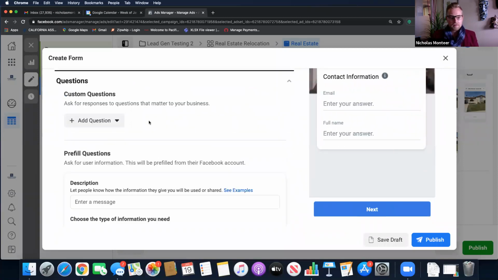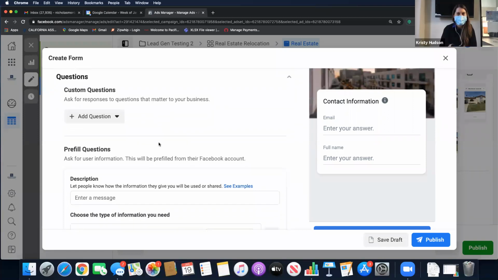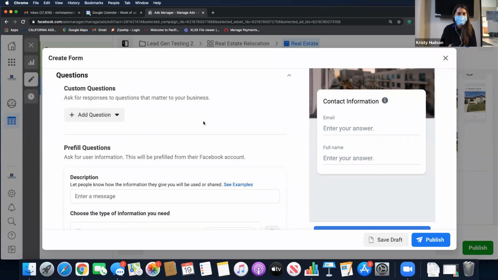And then questions. And you guys notice what I'm doing, right? I'm just going through the prompt, boom, boom, boom, boom, boom, just filling it out however I want it to look. There's no magic right now or anything crazy. So add a question. You can notice off to the side what's already populated. It's already going to ask for their email. It's already going to ask for their full name. That's what it's going to ask for.